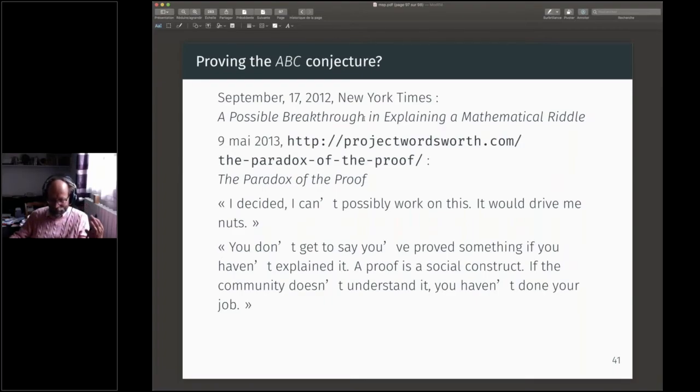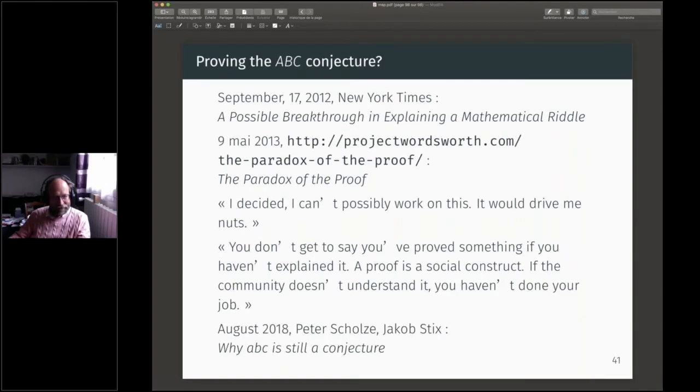This is a very strong argument to understand what the equation means and what the solution means, but it is not a mathematical proof because it relies on objects of another world. For Klein, it was enough. For mathematicians of later years, it was not, and people managed to prove solutions. And the second point is that if the community doesn't understand the proof, then you've not done your job yet. One is not working just for oneself, but for the community. That was 2013, and then many people worked,